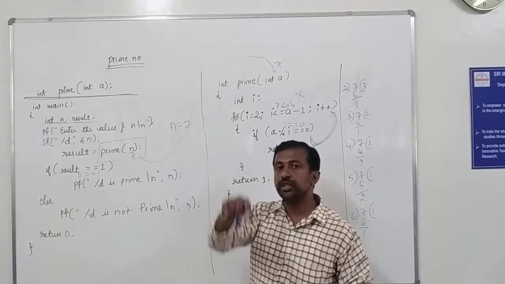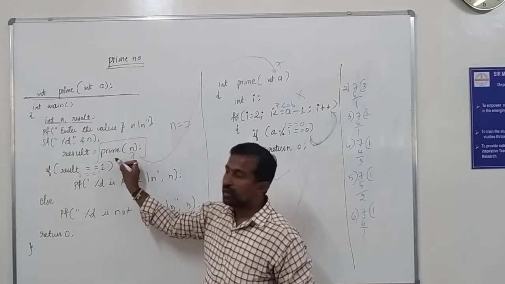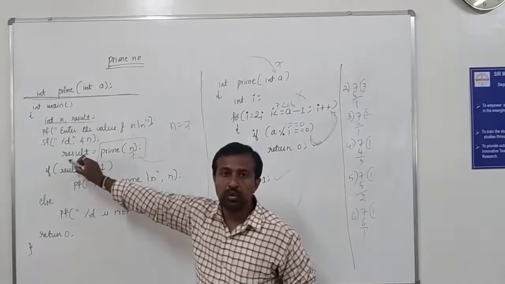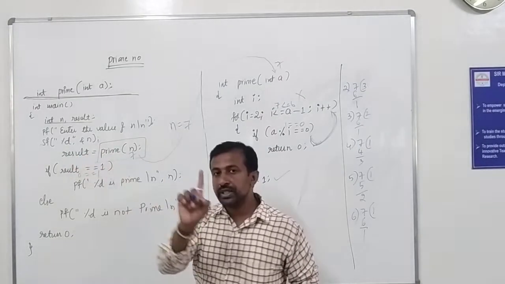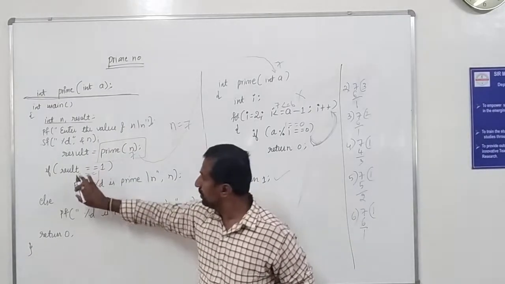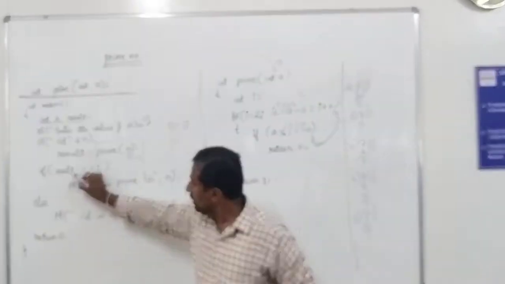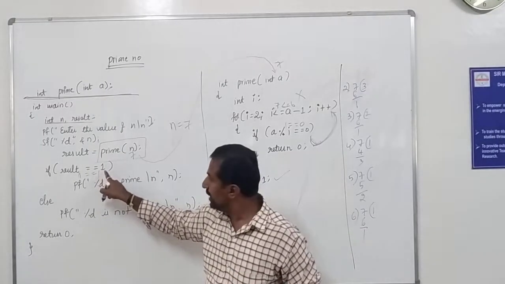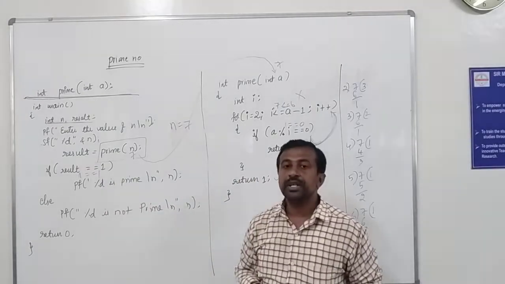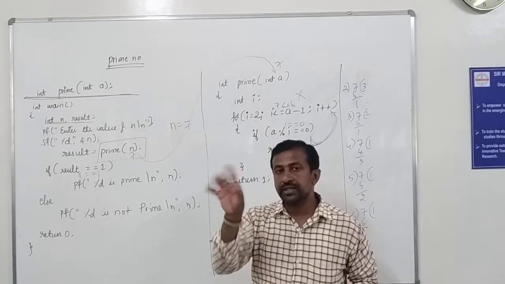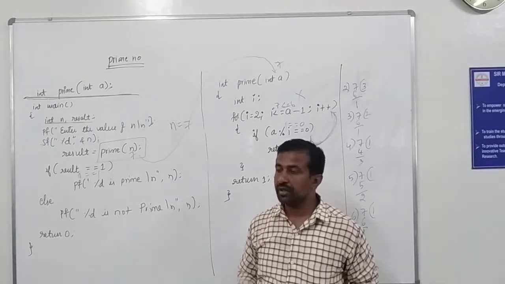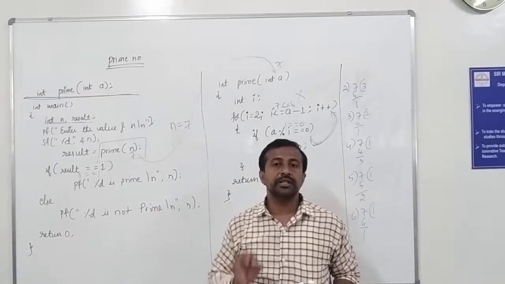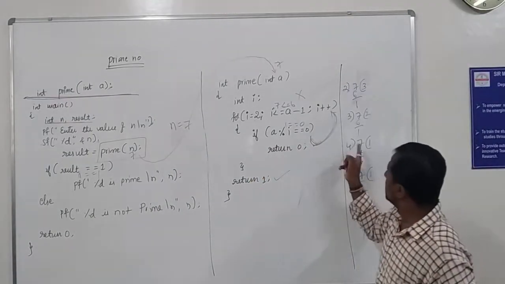In the previous case 0 was returned, but in this case 1 is returned. When 1 is returned, the whole function is going to receive the value 1. That is assigned to whom? Result. So now result has the value 1. Substitute in the if condition. The result value is 1 compared with 1. Whether 1 is equivalent to 1? Yes, condition true. When this condition is true, you are going to print "%d is a prime number". It means 7 is a prime number. Got it? So once we get the result, you are going to terminate the program and you get the result on the screen.